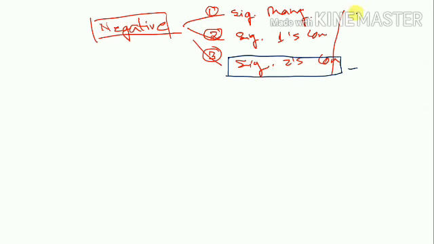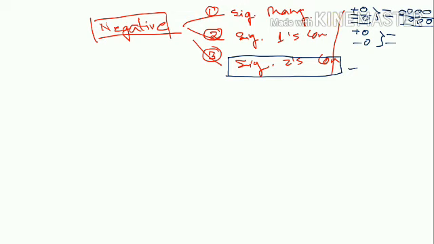Why? The reason is that if we represent plus 0 and minus 0, then in the first two representation methods the numbers will be different. Suppose you are representing in 4 bits. For positive 0 it is 0 0 0 0, and for negative it will be 1 0 0 0. Look here, this number and this number are different. But plus 0 and minus 0 are mathematically the same.